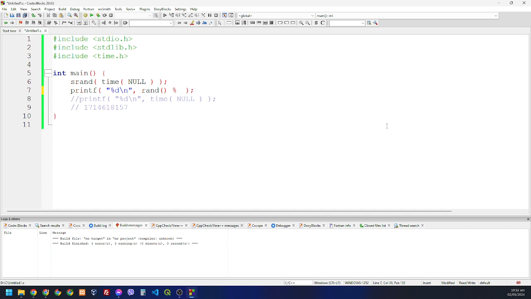For those who don't, the modulo operator returns the remainder of the division. So for us to generate between 1 to 10, we just use the modulo operator and then the limit that we want. So in our case, let's try 10, right? So let's run it again,